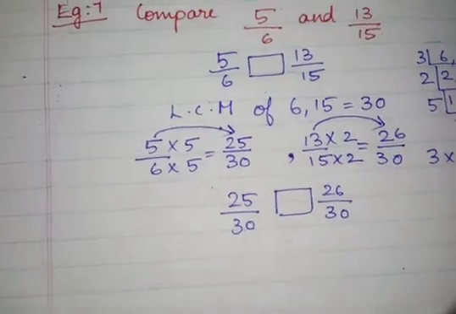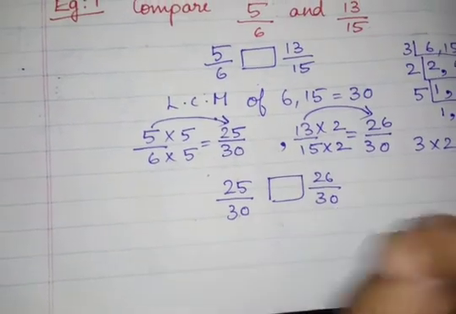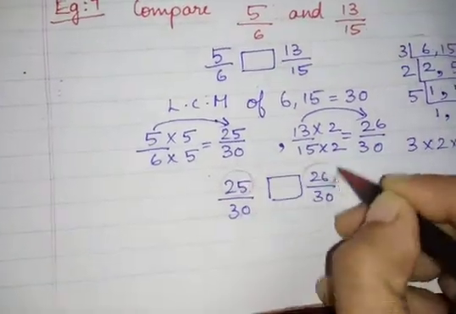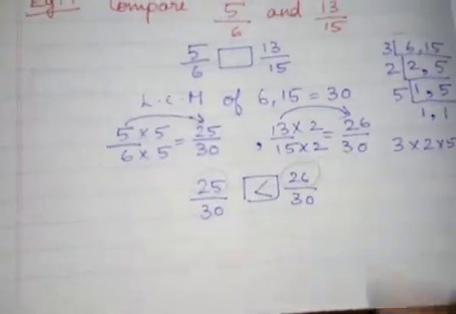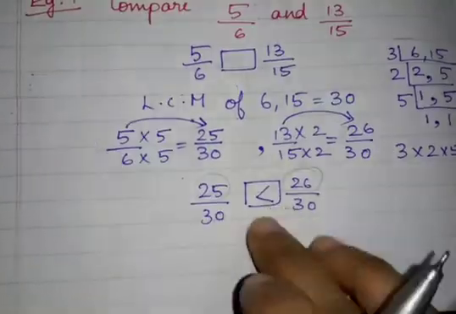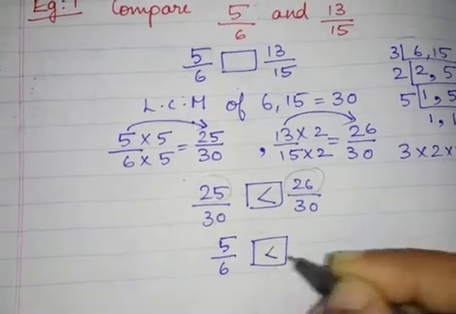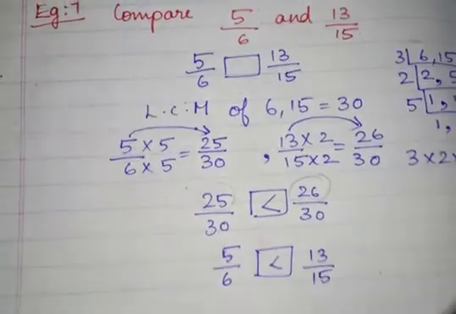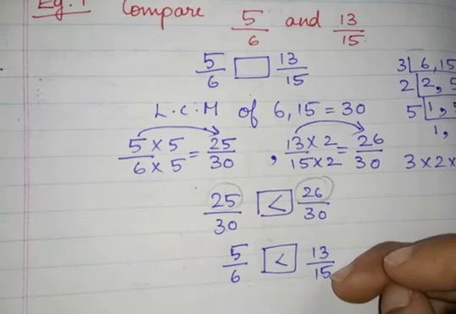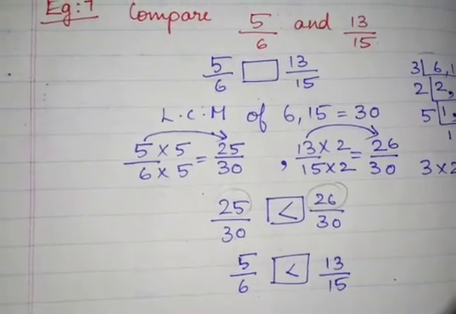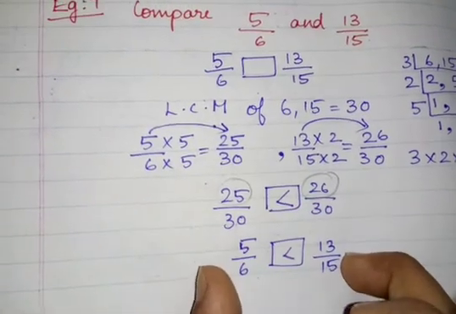Now check whether both are like fractions. Yes, of course they are like fractions, because both have the same denominator. So what will you compare? You will just compare only their numerators. So what is the greater numerator? 26. So obviously 26 by 30 is greater than 25 by 30. So what will be our conclusion? 5 by 6 will be less than 13 by 15. So which is the greater fraction? 13 by 15 is a greater fraction than 5 by 6. So this is how you should conclude, okay? You should not stop till this. You should conclude like this. This is very much important.